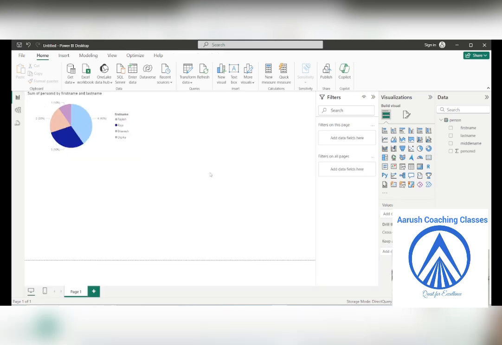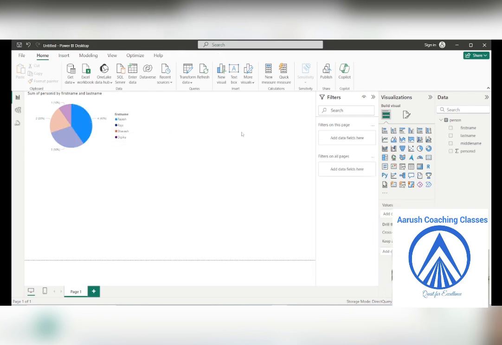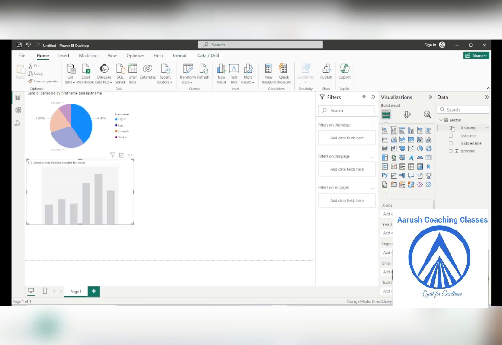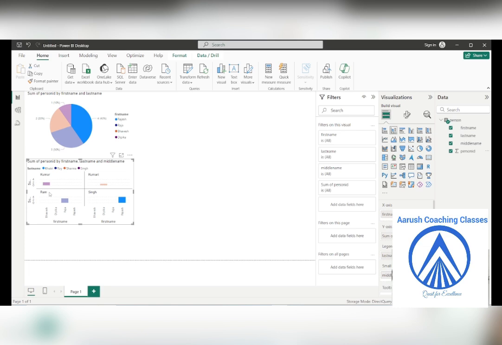You can also create another chart. There is no hard and fast rule that you have to do it this way only. Maybe you can create a column chart, and again keep on adding these details. Can you see? Kumar, Kumari, Ram and Singh. It is taking the middle names.